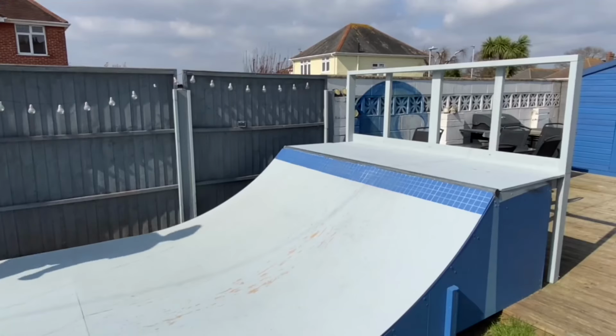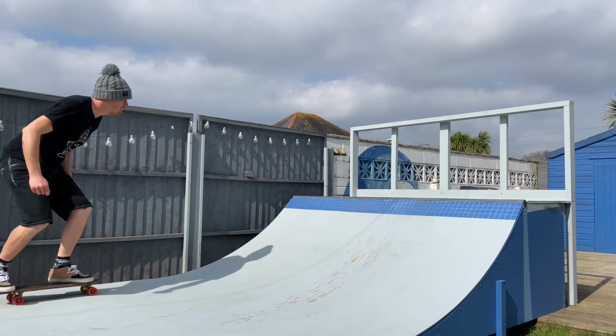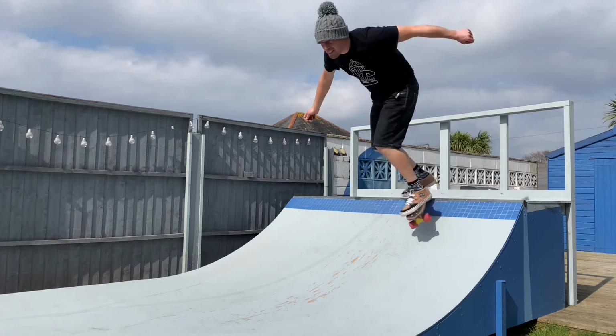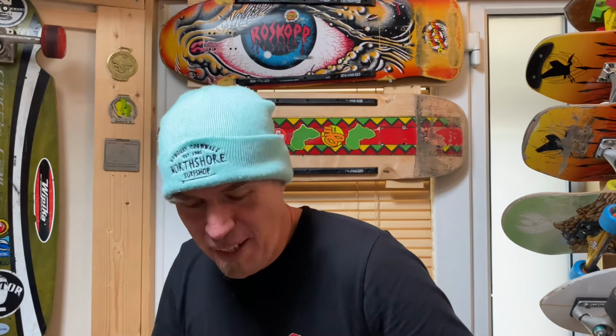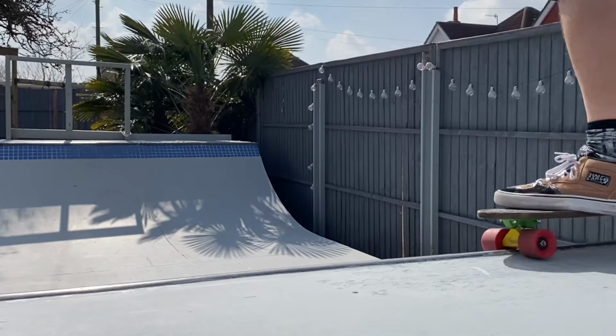As I started to get confident with that axle stall, the obvious next step was to try sending her into a backside 50-50 grind. I have to say this worked surprisingly well. As long as I came up and kept my leading shoulder in line with the coping, I found that everything seemed to work quite nicely, and after a bit of jiggery pokery, I managed to find my line, and I had great fun surfing across the top of that coping like a floater on a surfboard